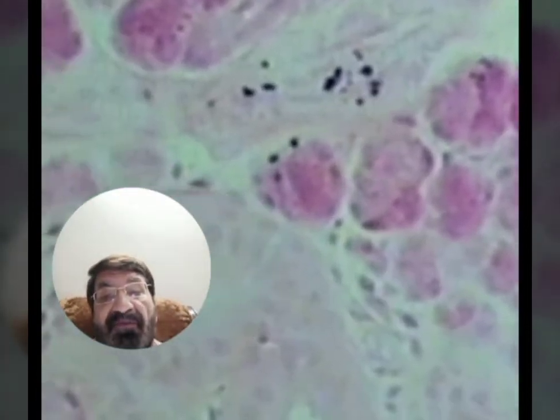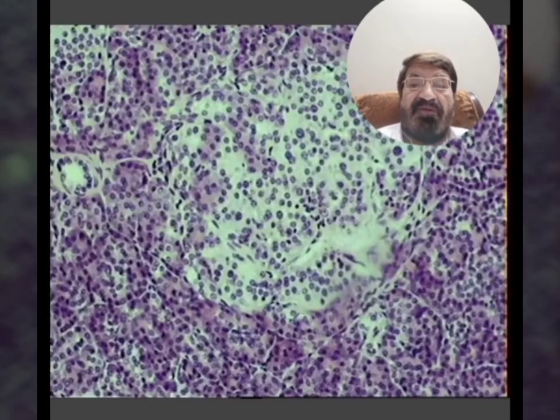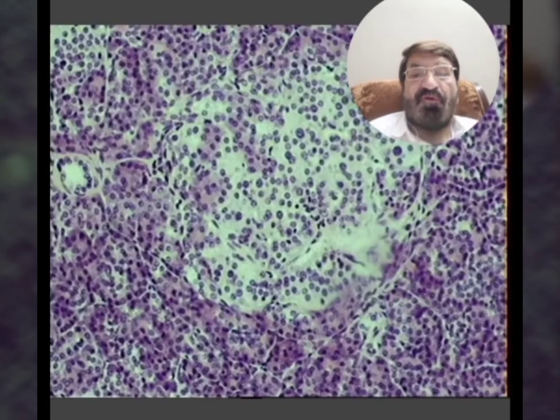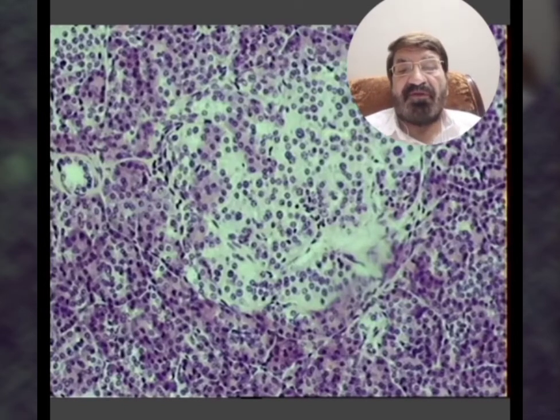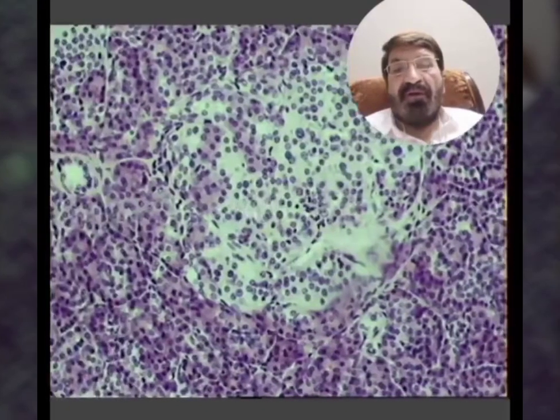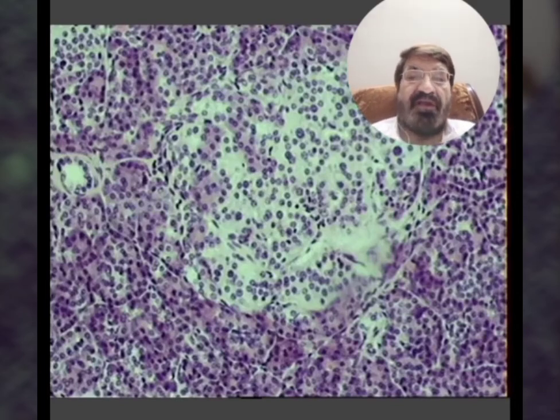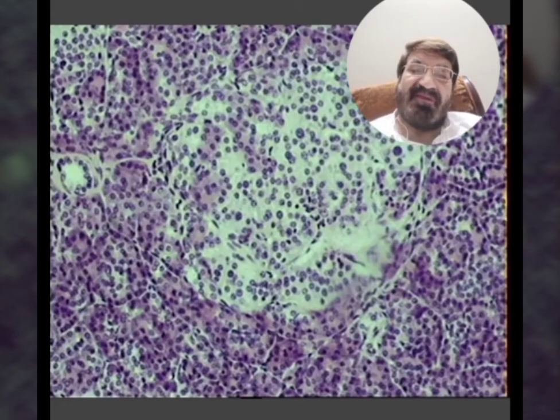ये simple cuboidal. Here lies, this is the pancreas. I have told you the pancreas is a mixed gland, endocrine as well as exocrine. Its exocrine portion is serous in type. So you can see these are the serous alveoli. And in the serous alveoli, here lies the islet of Langerhans. This big patch which is lightly stained area, just like जगह जगह पे जजीरे नज़र आएंगे आपको इस ओशन में, जो कि डीप रेडिश पर्पल कलर के स्पॉट्स से भरा पड़ा है.